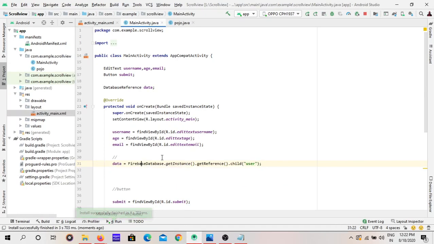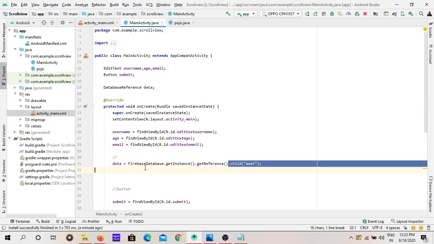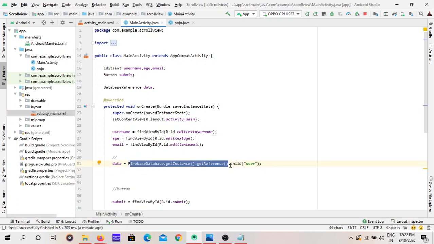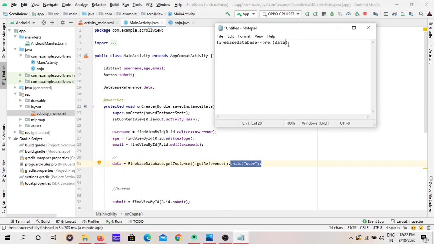So here we are getting the reference up to this. For that reference we have to create the child. What Java will do is, for this reference it will create a child. Like how we have the Firebase database, from here it will have user as a child. Within this user we have some unique key.